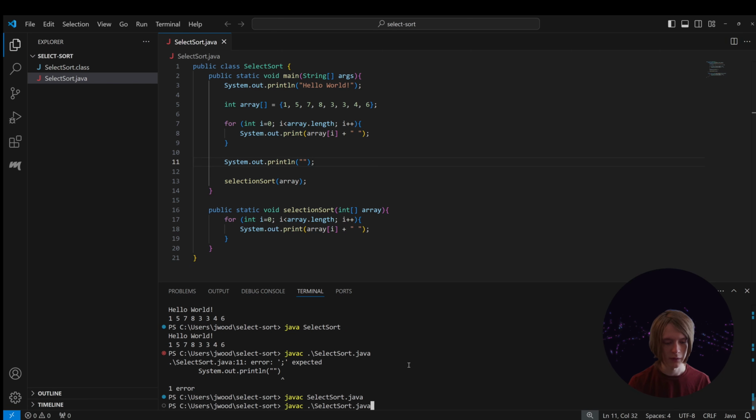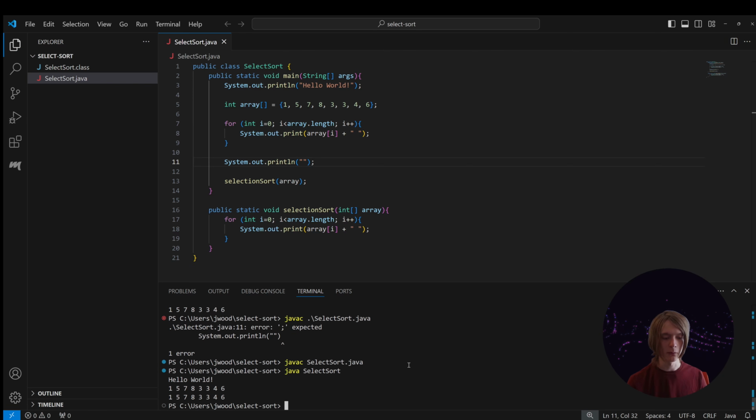That works too. And do this. So boom. We're printing out both our numbers here, before sorted and then after sort. So now we actually get to the whole part where we do the sorting. At this point, we're basically just going to traverse over the array and say, okay,